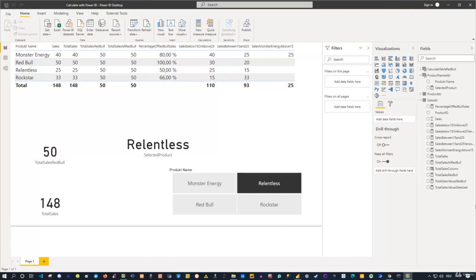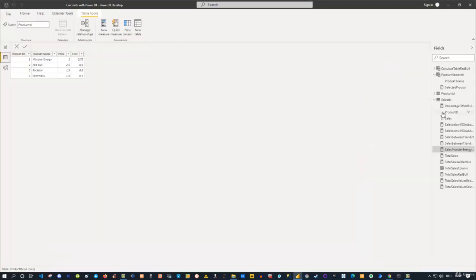Hello friends, welcome back. Now let's figure out how we can leverage the calculate function to classify our sales into high sales, medium sales and low sales. To do that, we also need to apply the count rows function. So my idea here is if we go to our sales table, and first select it, of course,